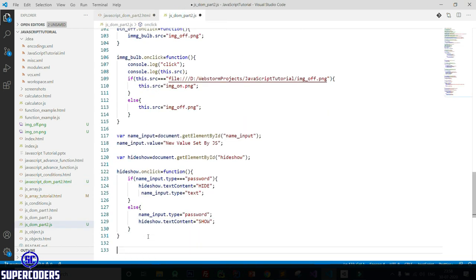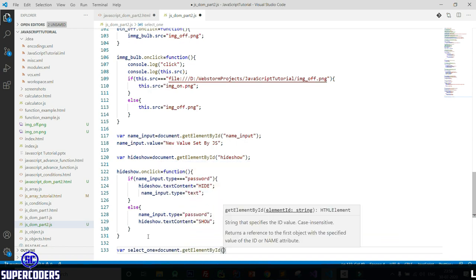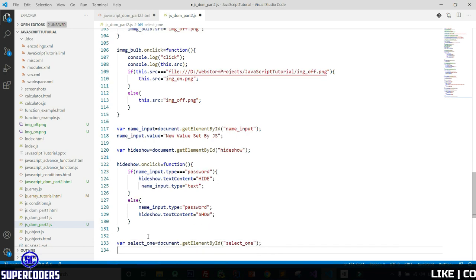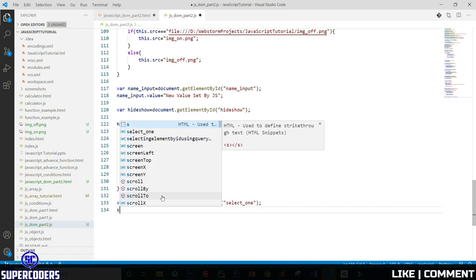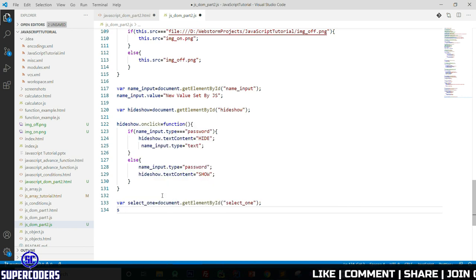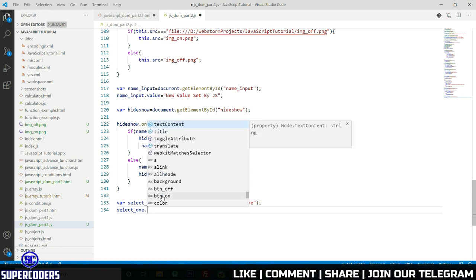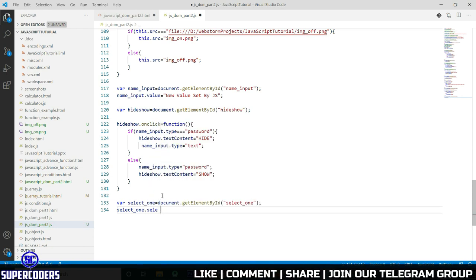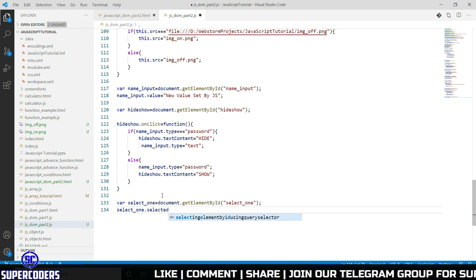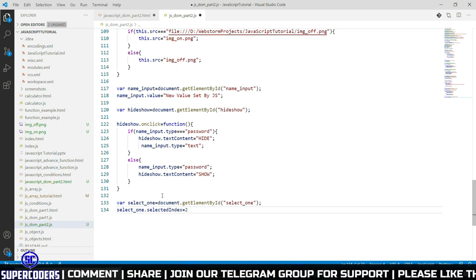So where select 1 equal to document get element by id, passing id, then select 1 dot selected index equal to 2.